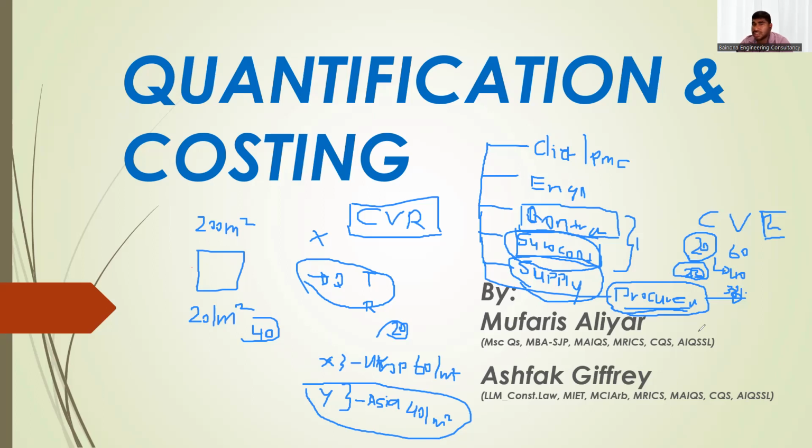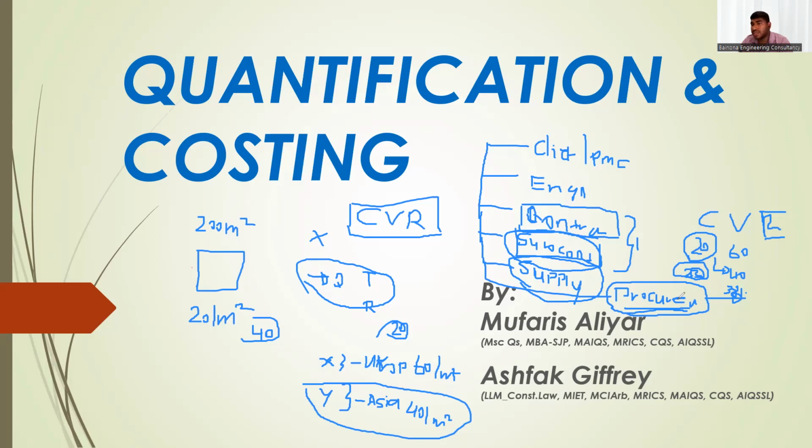So as a QS, cost controller, or commercial manager, this is your duty. For example, for 10 square meters or 100 square meters of block wall, we allocated this number of blocks and this number of man hours, and that should be done according to the plan. If they are deviating from the plan, something is wrong. That is how you do a cost value reconciliation. This is a major duty of the main contractor's or subcontractor's QS.